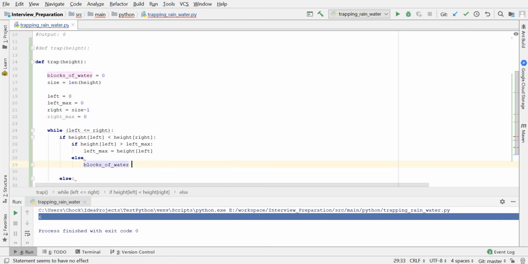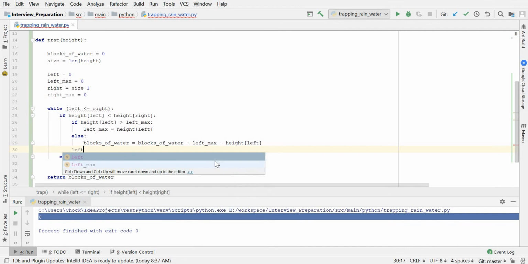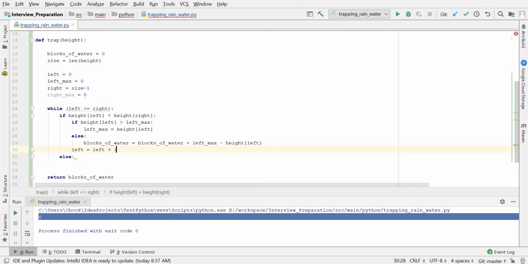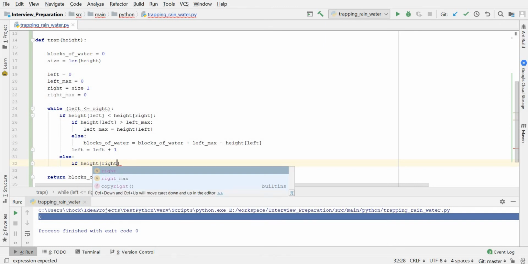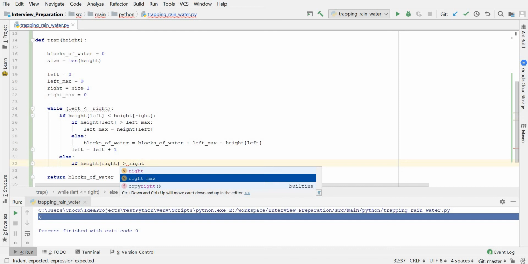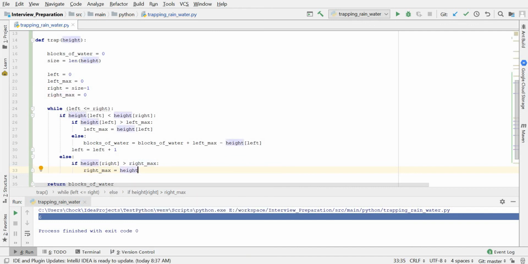So blocks of water is equal to blocks of water plus left max minus height of left. And we have to increment the left variable now. Left equal to left plus 1. So we are iterating to the right side, and now in this else block we are going to do almost the same. If height of right is greater than right max, then we are going to have right max is equal to height of right,